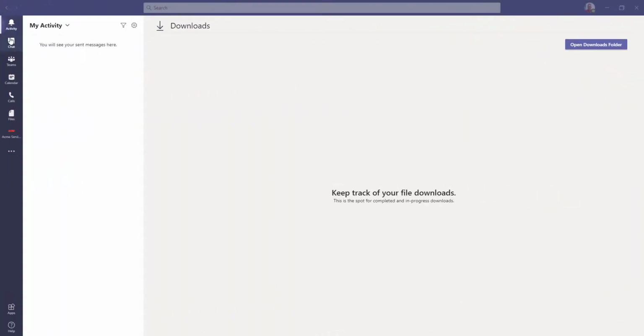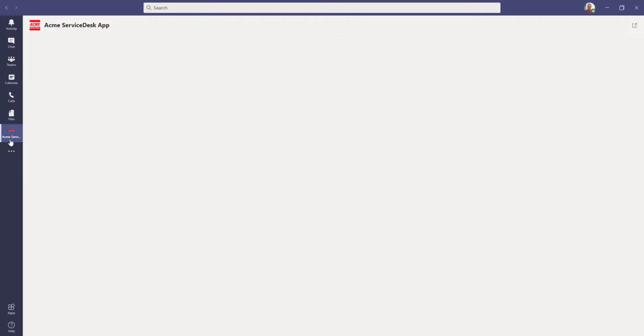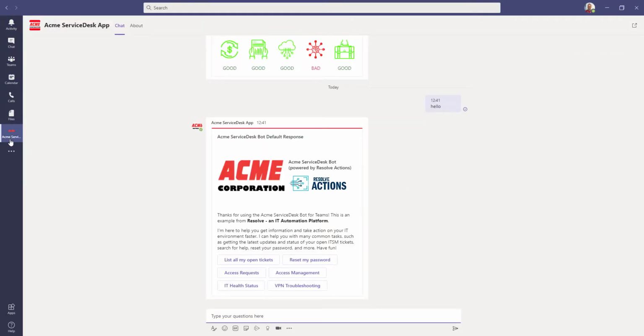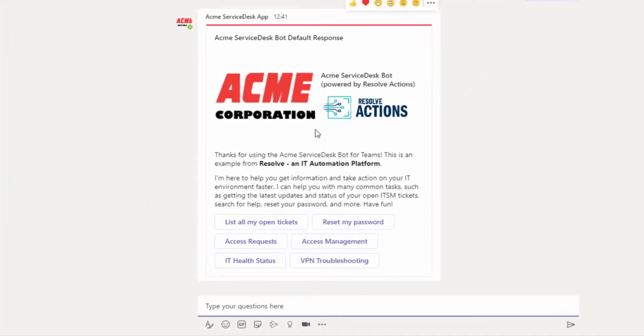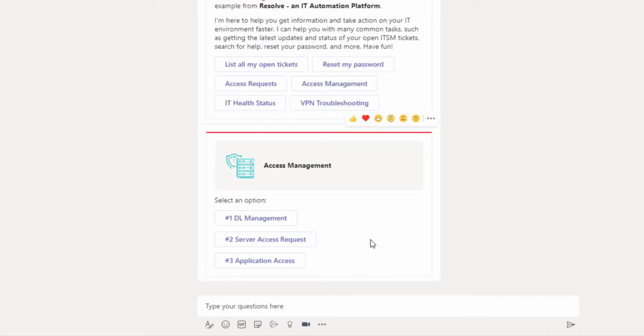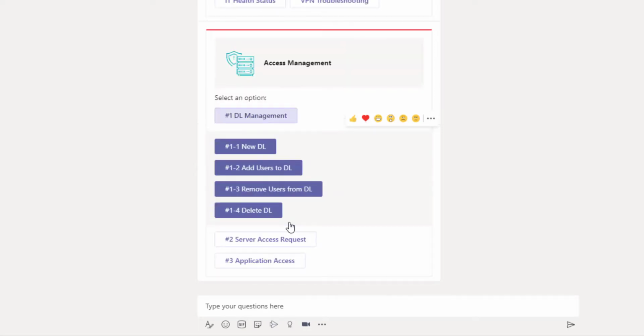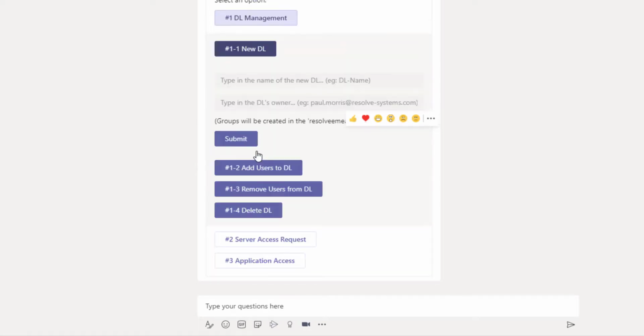Let's flip over to the Teams app and click on the company's Service Desk chat app. And you can see here that it displays a little welcome box that tells me what the app can do, and some menu buttons here that I can choose from. So as per use case number one, we're just going to go into Access Management, and that's going to go into Resolve, and Resolve is going to respond to Teams with the next list of menu options that you can see here. I'm going to go into DL Management,